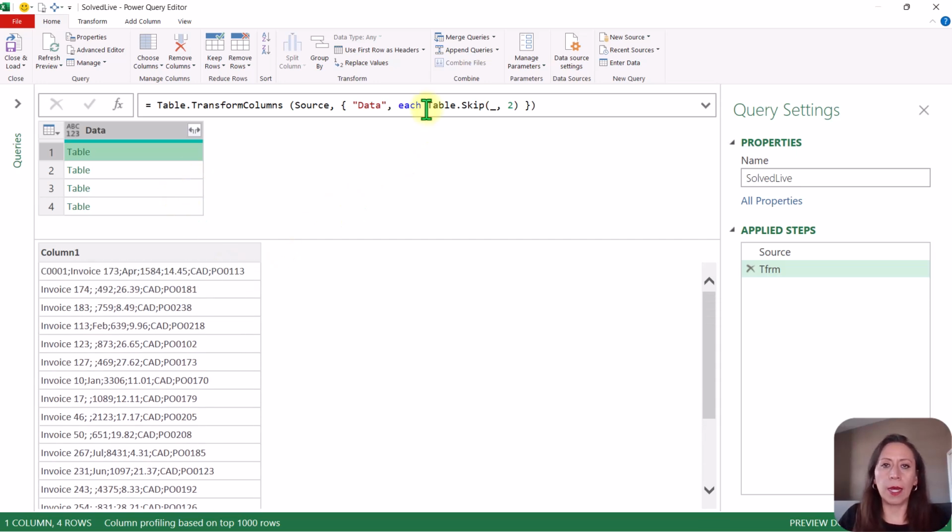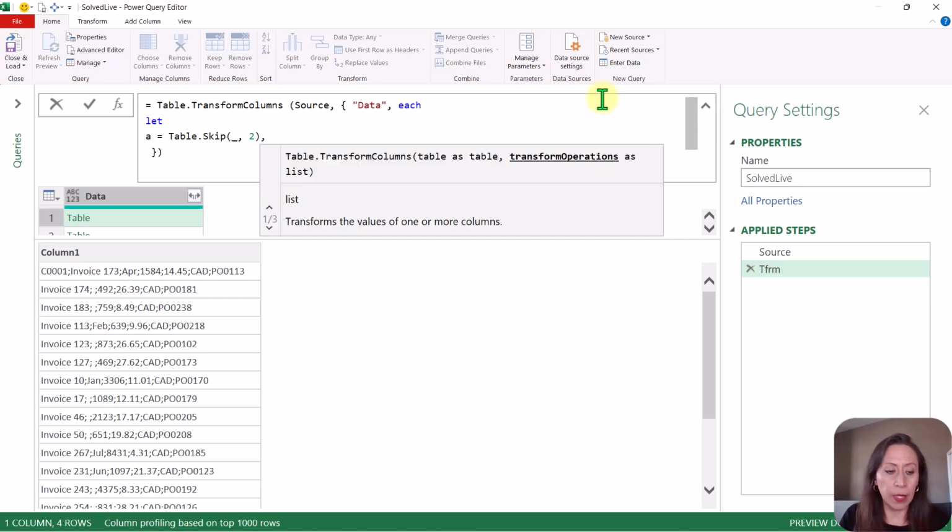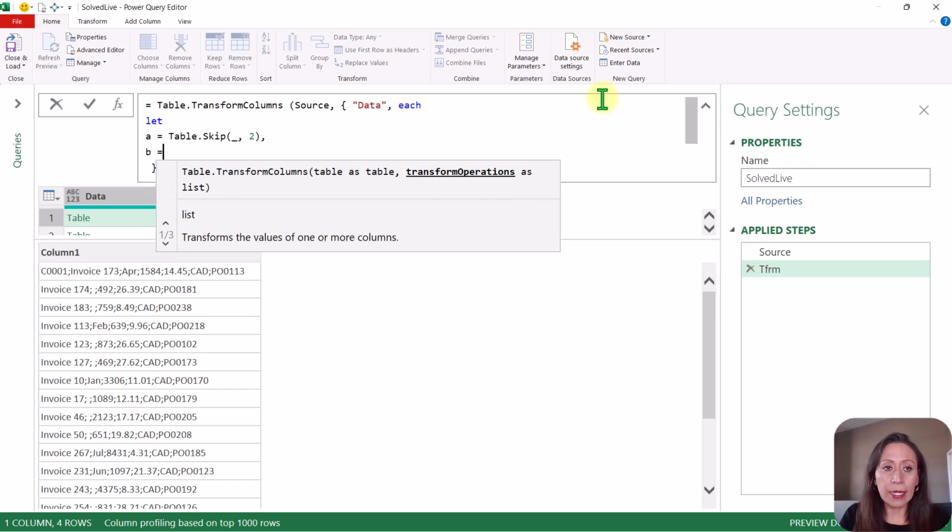So what I'm going to do, I'm going to apply one more step to this transformation, to this column. So after the each, I'm going to press Shift Enter, so I can move Table.Skip to the next line. I'm going to start by providing the expression let. Anything inside of that expression will be a transformation that I want to do to this column. And I'm going to call this variable A, where I'm skipping the first two lines. After the closing parenthesis for Table.Skip, I'm going to provide a comma because I'm going to add another step. Shift Enter to provide my variable B, which will bring